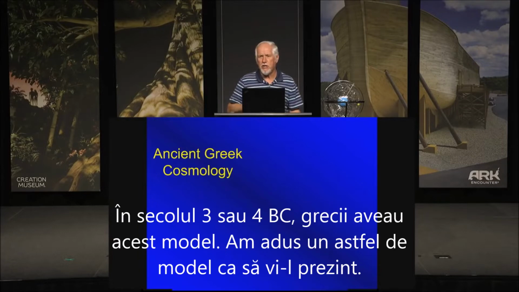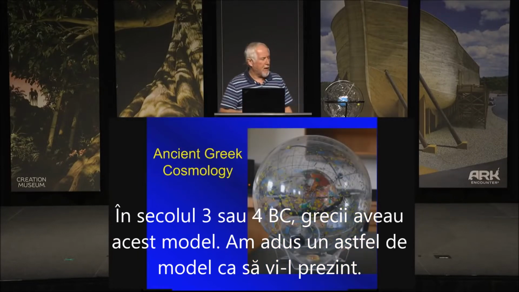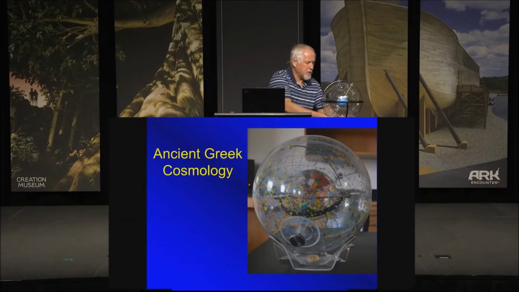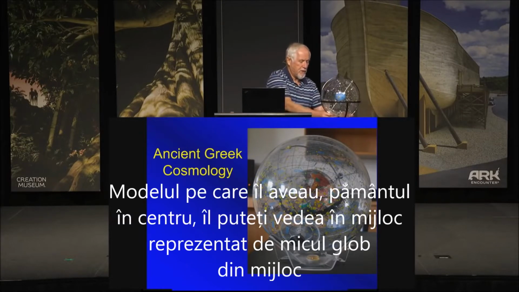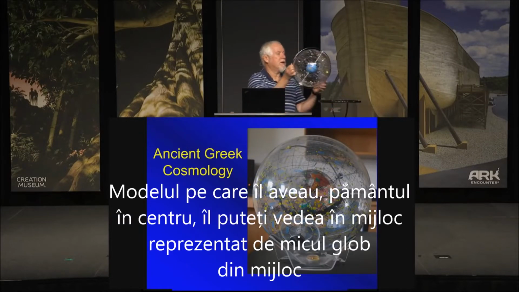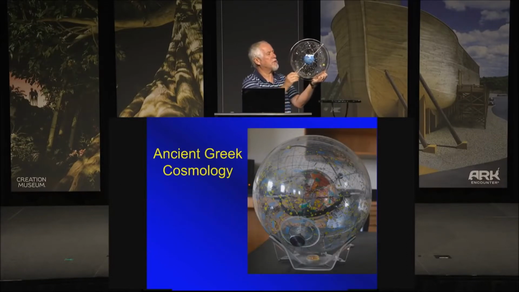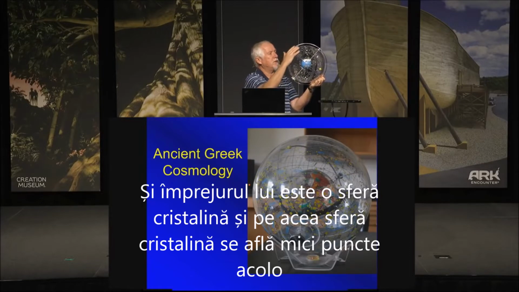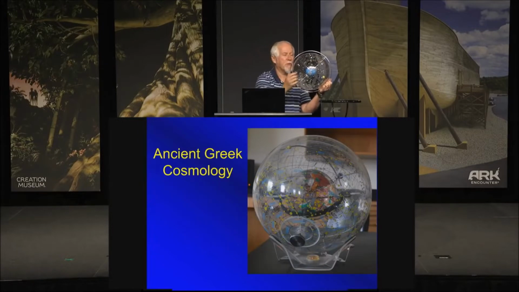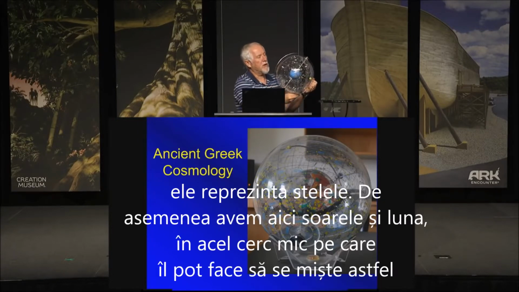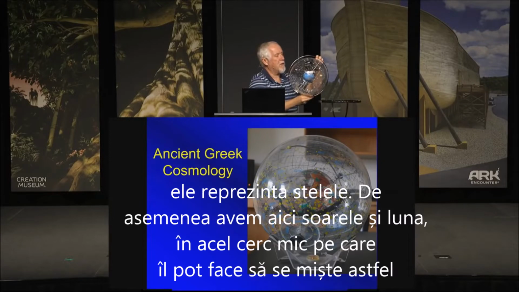By the 3rd century or 4th century BC, the Greeks had come up with this model. And I brought a model of this with me today to share with you. The model they had was the Earth at the center. You can see in the middle there, the little globe representing the Earth. And then around it, there is a crystalline sphere. And on that crystalline sphere, you have little dots on there. They represent the stars. And we also have the sun here, or the moon, a little circle I can make